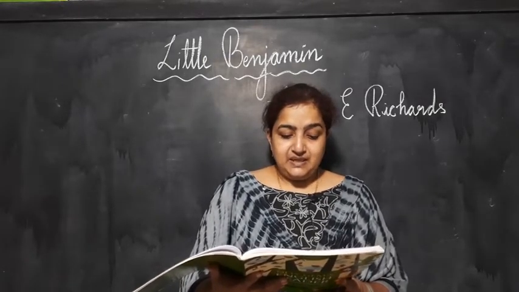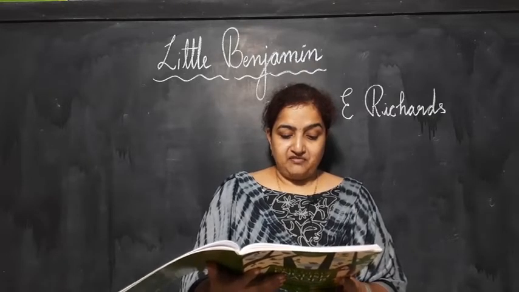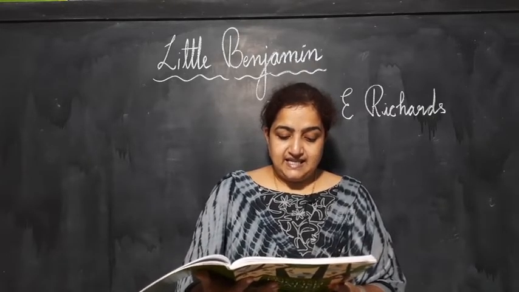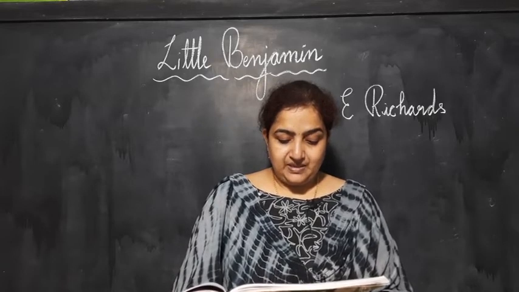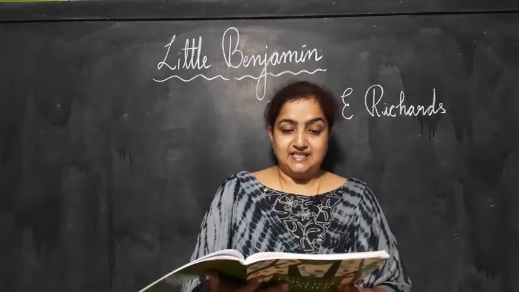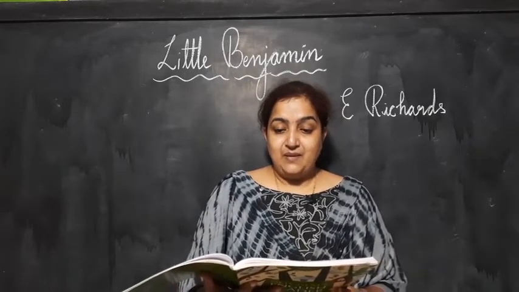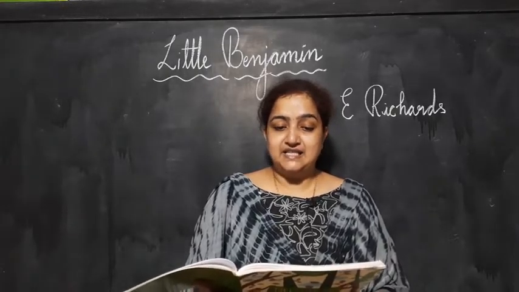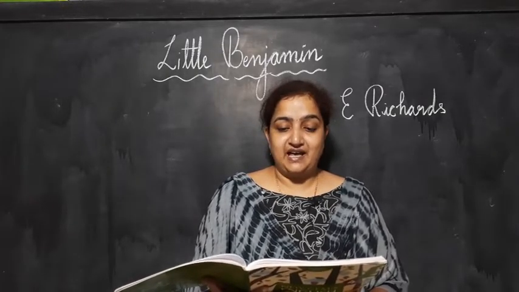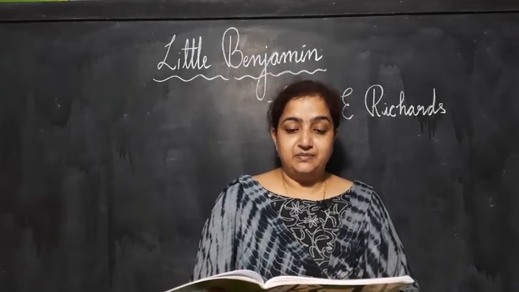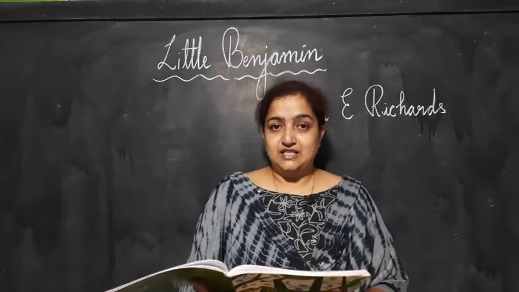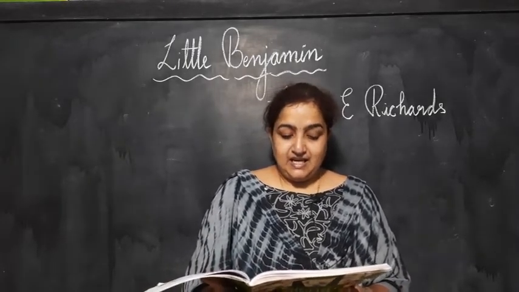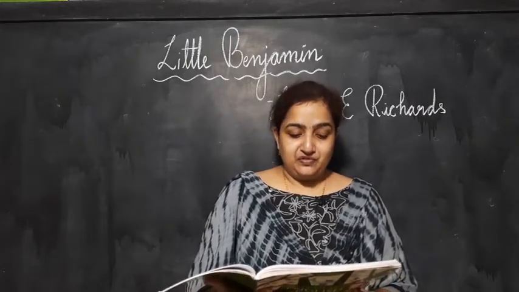The rosy dimpled creature, the yellow floss ruffled all over his head, his sweet little mouth open in a beaming smile, smiling back at him, Mother Golden's calm face in a frame of silver hair, and Father Golden in his big leather chair. So now what is the scene? It was a pretty picture, a beautiful picture.